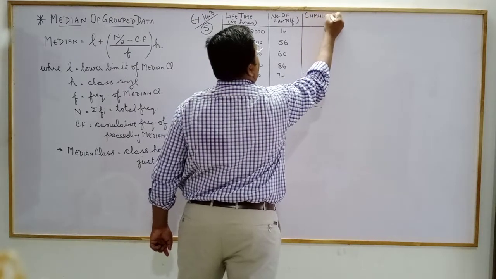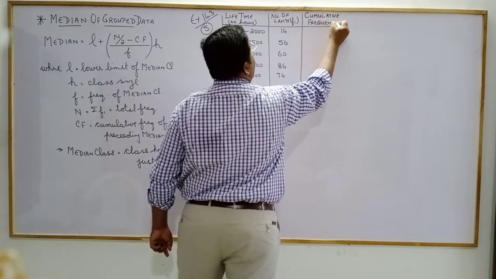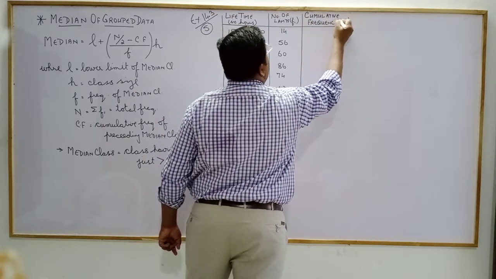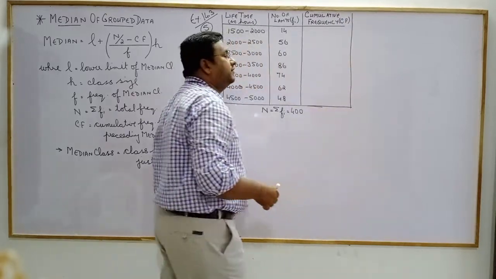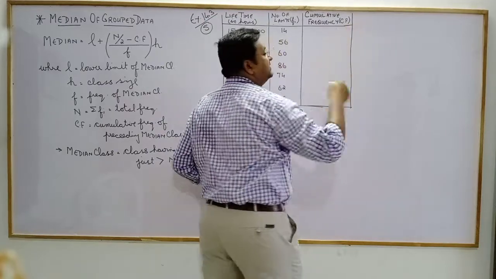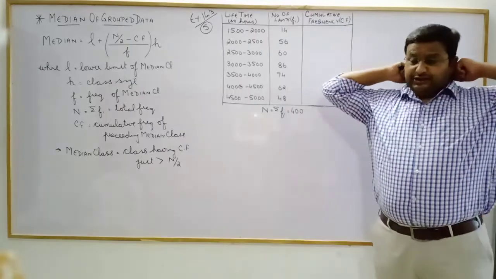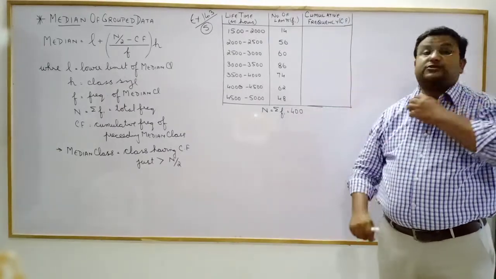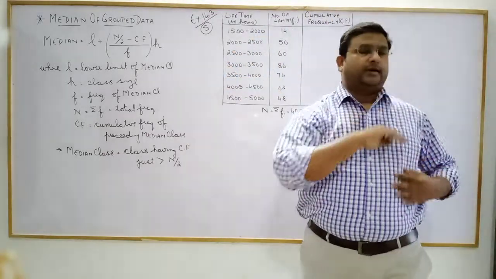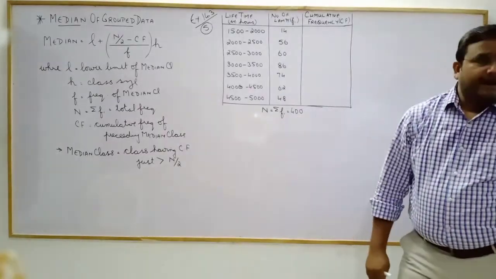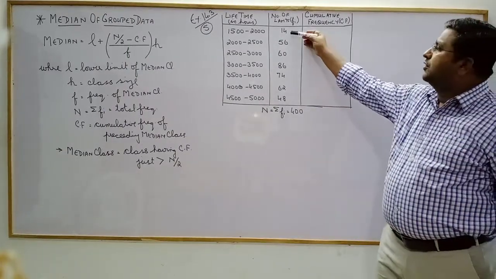Cumulative frequency, that is CF. And how do we find out CF, students? It is very easy. The word cumulative means successive addition, consecutive addition. When you go to higher institutes, your ranking will be done on a cumulative basis, not on a single exam basis, according to how you have performed the entire year. So here also cumulative frequency means successive addition of the frequencies.